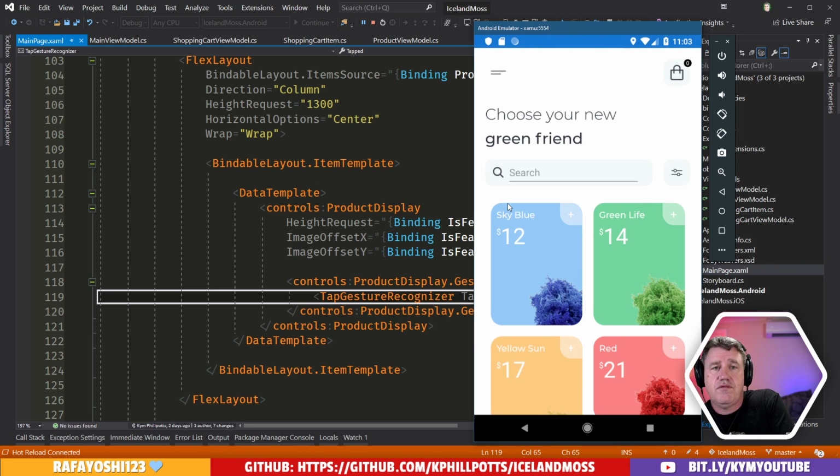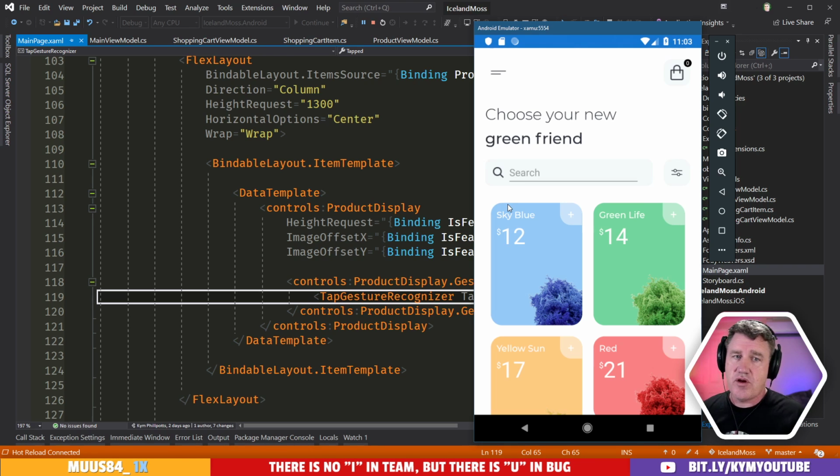So Dragon says, for your count you're binding to the shopping cart items count. Is there a reason you didn't create a property in the view model like item count instead? Well, probably I will, right? Because